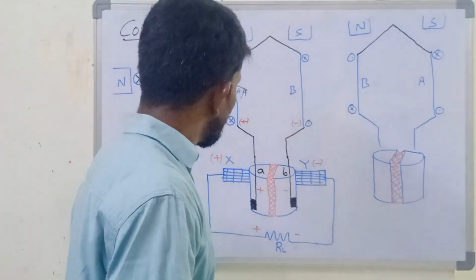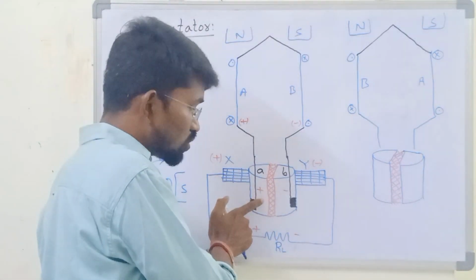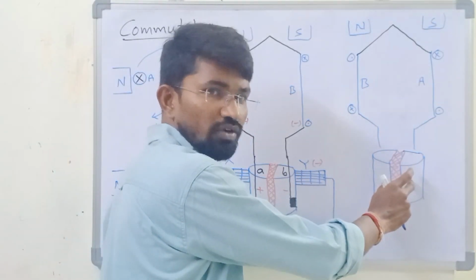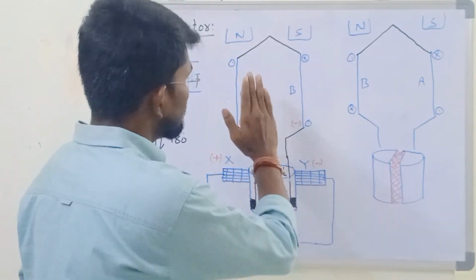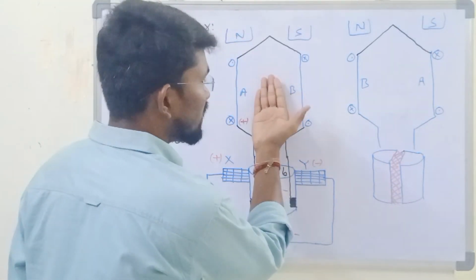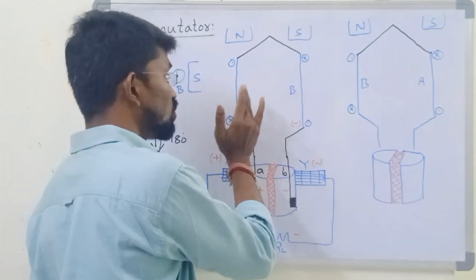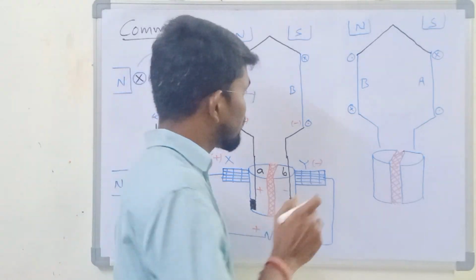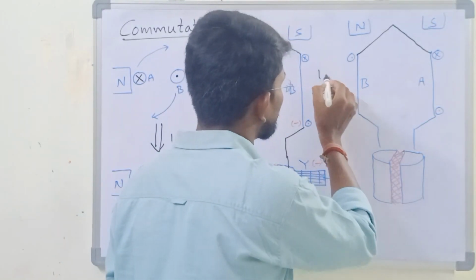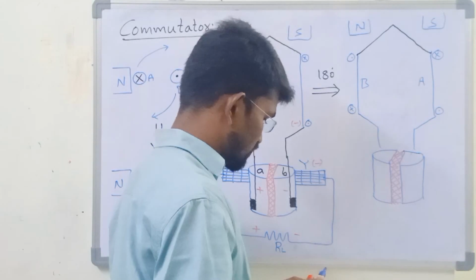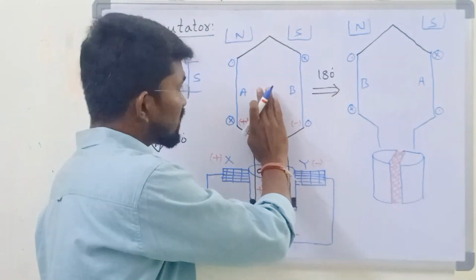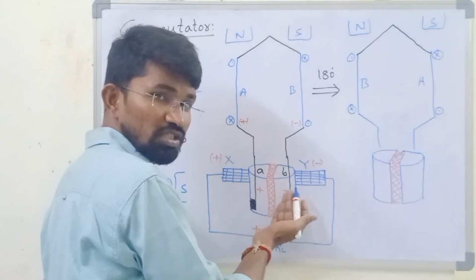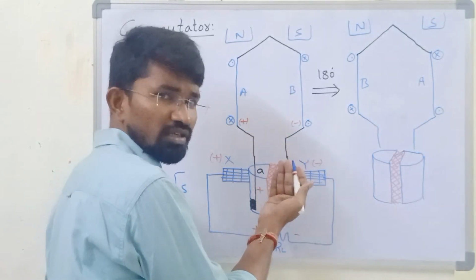And we are saying that these conductors are permanently connected to these segments, and we know that this commutator is placed on the rotor shaft. That means after 180 degrees these conductors are rotating by exactly 180 degrees. That means conductor B will come to conductor A position and conductor A will come to conductor B position, and this is after 180 degrees rotation. And when these conductors are exactly rotated by 180 degrees, as these conductors are permanently connected to these commutator segments, this commutator is also rotating exactly by 180 degrees.